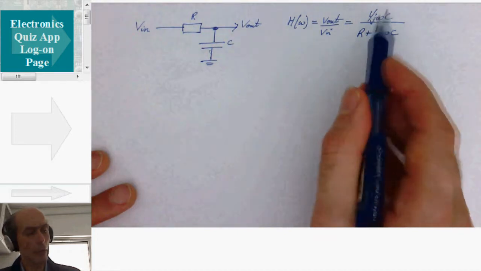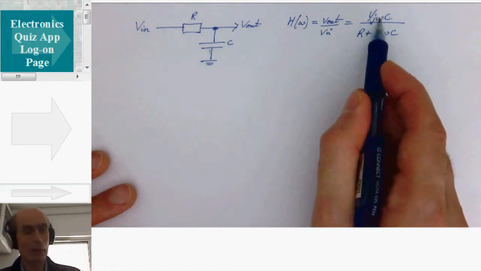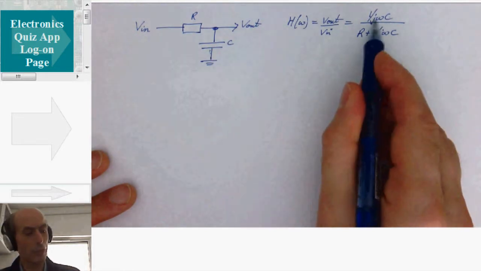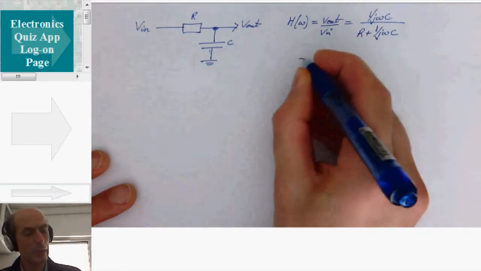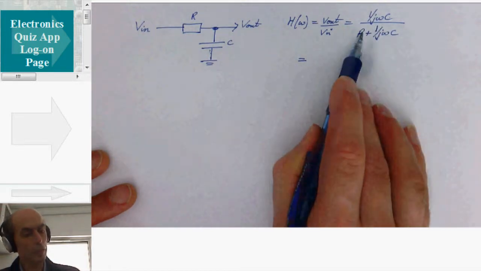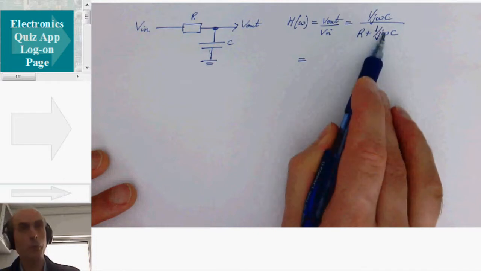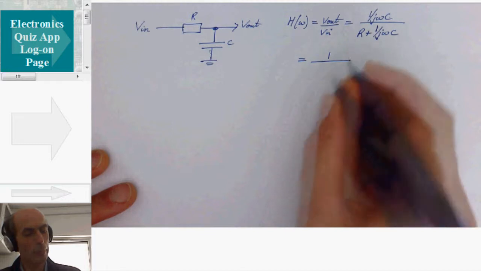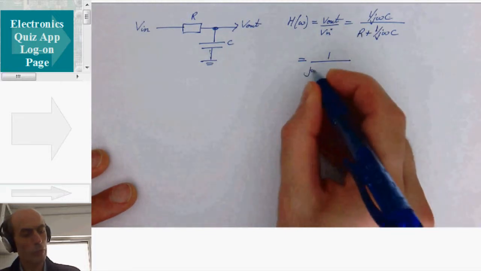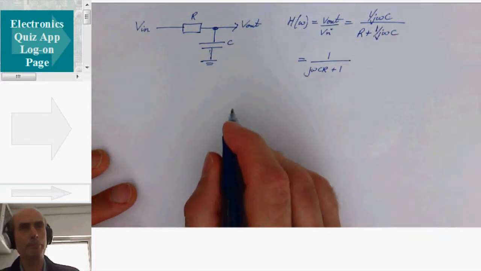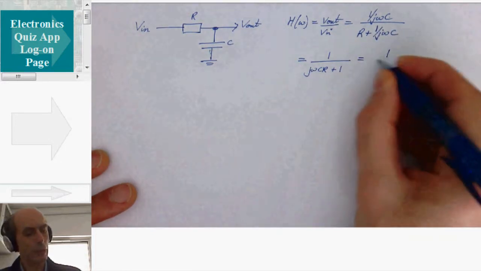If you ever see anything with a j omega on the bottom, then just multiply by j omega. In this case, I'll multiply by j omega C. It'll make the resultant expression a little bit easier. 3 terms here, all of them need to be multiplied by j omega C. That gives me a 1 on the top, a j omega C times R on the bottom, and a 1 on the bottom there. And I can rewrite that in this form,